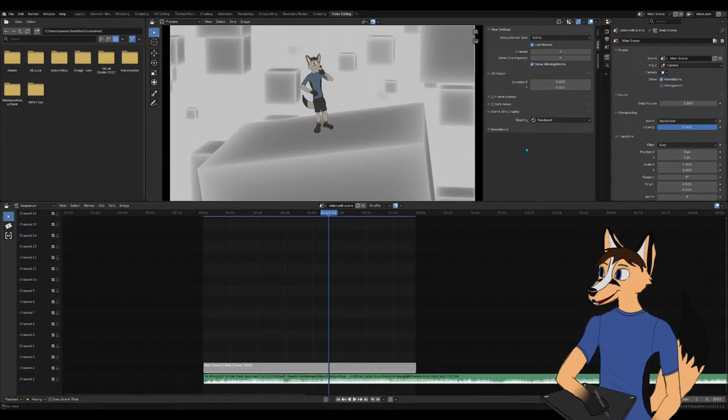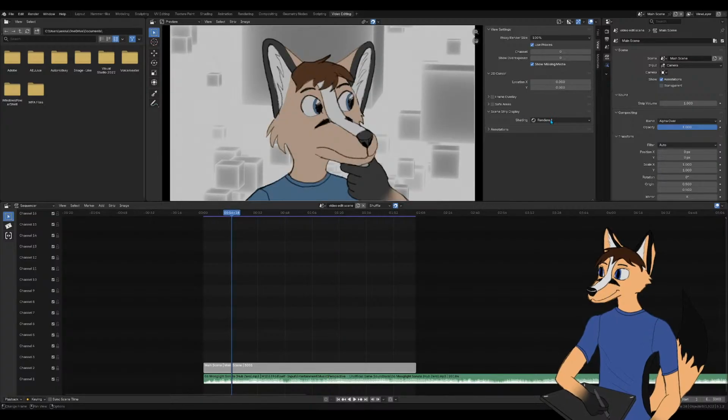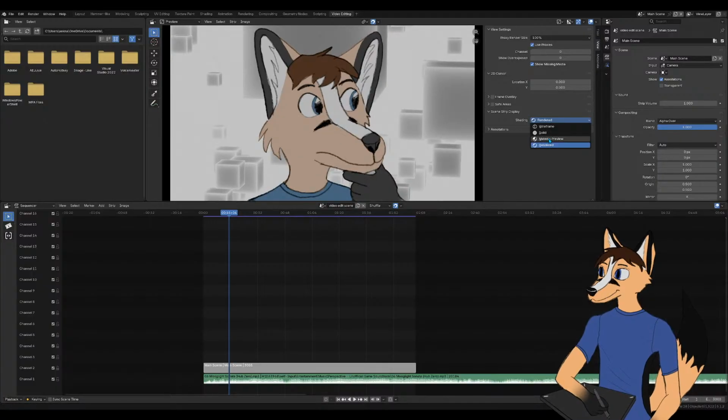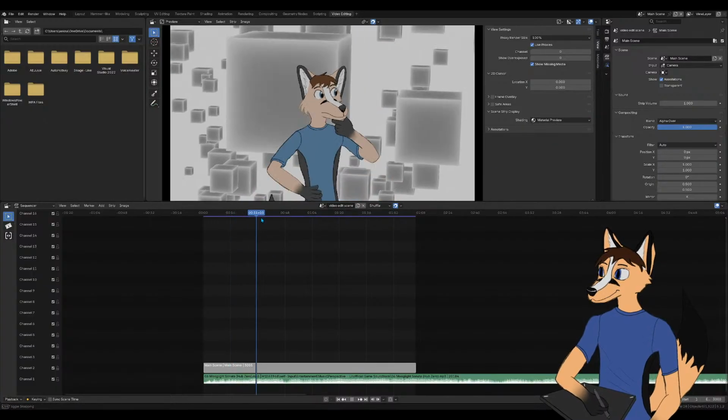And Blender is freezing. Okay, there we go. Also, the color management is all wrong here, it looks like. And Blender keeps freezing every time I try to scrub the timeline now, so I'm just gonna switch to material preview instead, and that'll hopefully speed it up a bit.